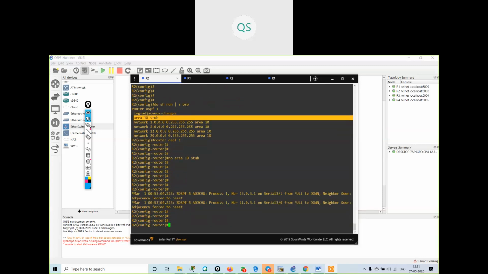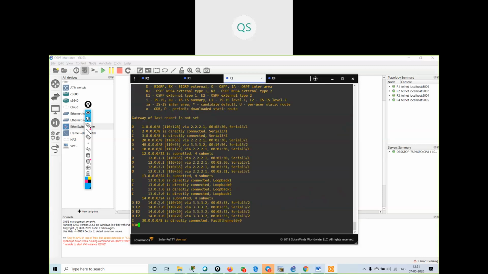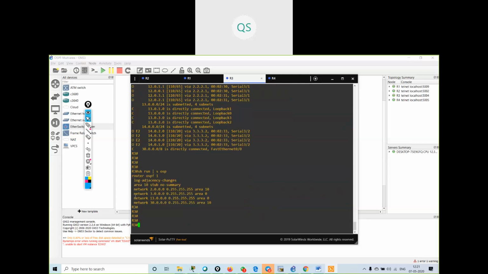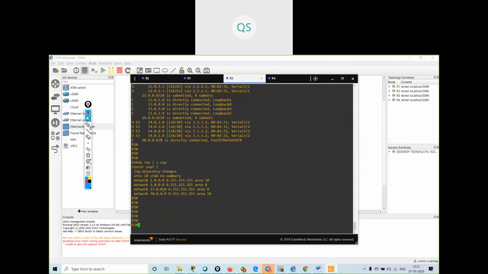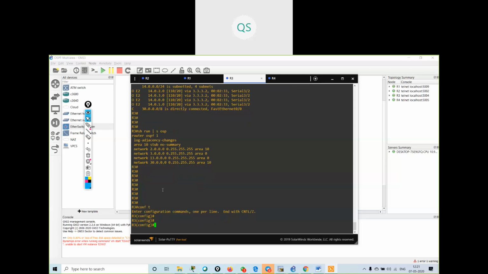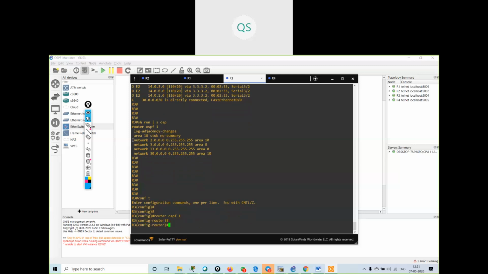Okay, and I will go on R3 also and remove this no-summary command. I will say config terminal, router ospf 1, no, this thing.